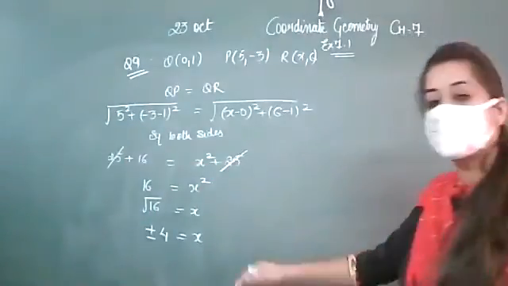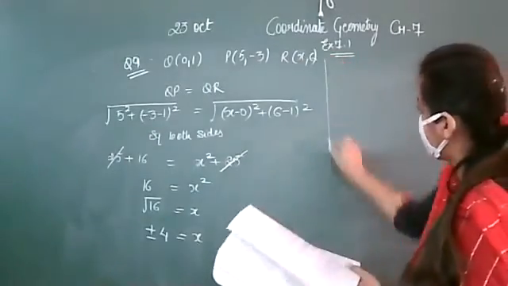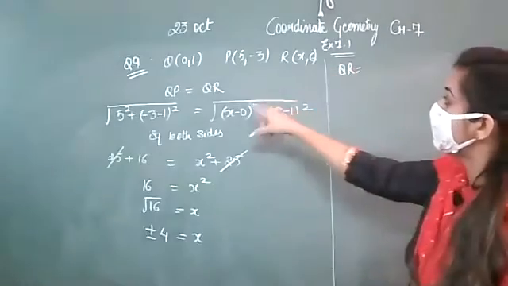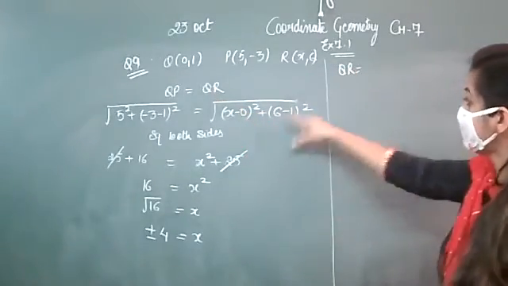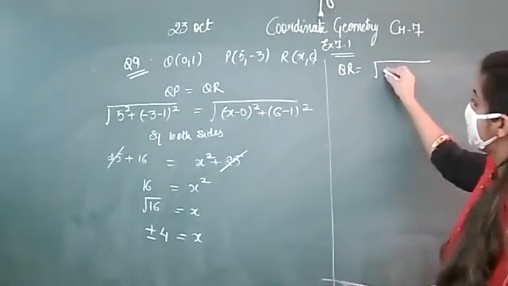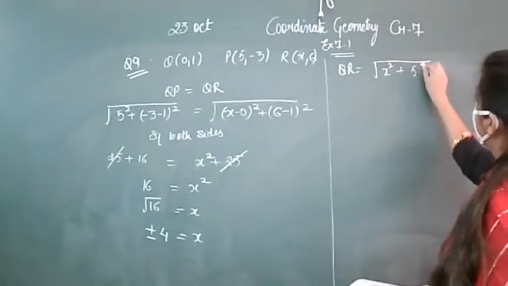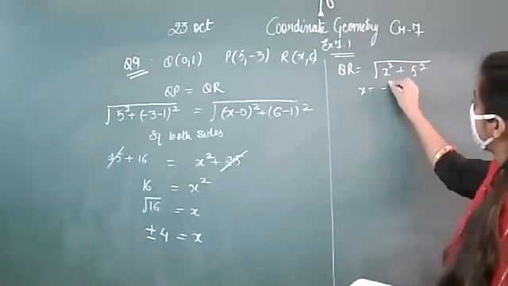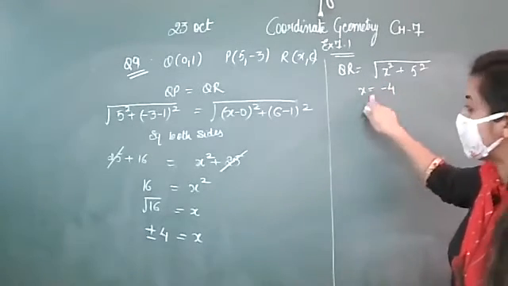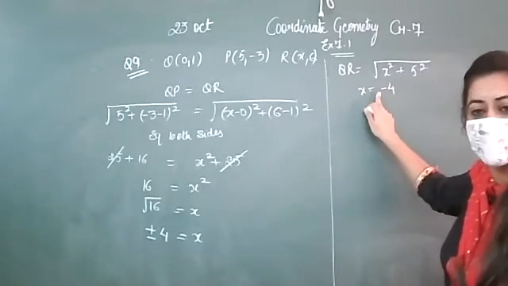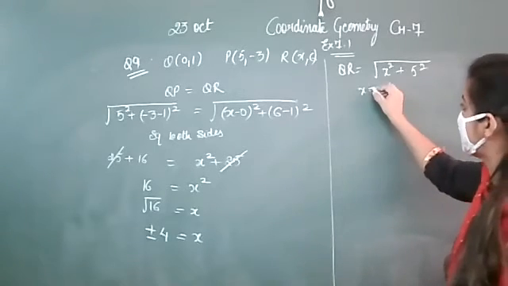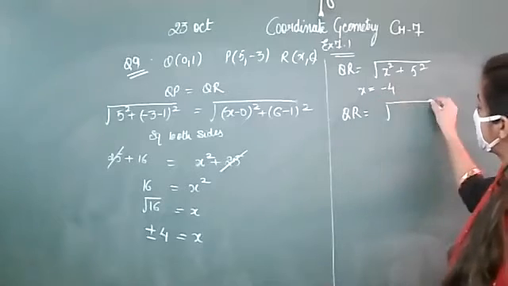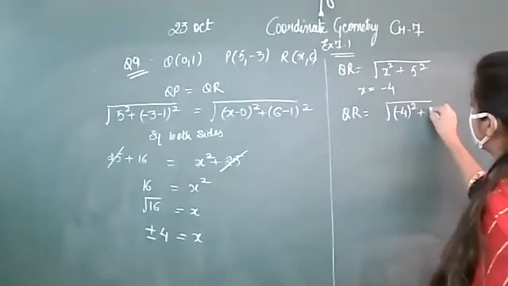Now after getting the value of x, you have to find the value of QR. QR is your this. QR is your x square plus 5 square. Value of x, firstly you will take x equal to minus 4. But whenever you take negative or positive, when you make the square of it, you will always get positive. So negative लेते हो या positive लेते हो, same आएगा. But if you want to solve it separately, then you can. But in both the situations, you will get the same answer.